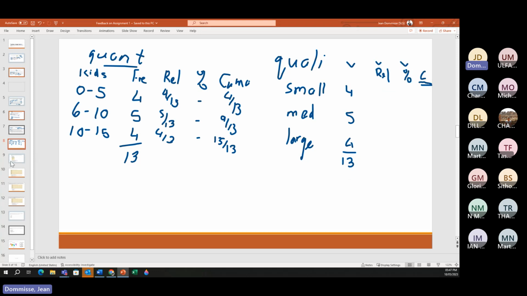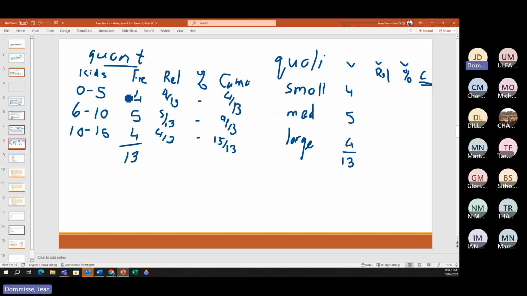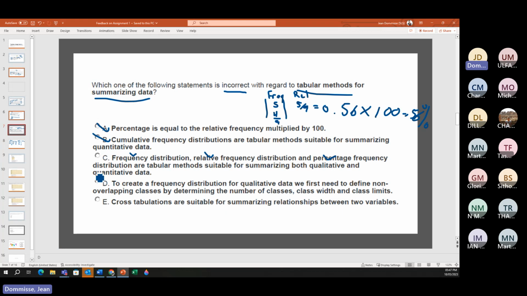that makes sense. So if we go back to that question, we've got frequency, relative, and percentage, and we had it for both, and for both, it actually makes sense. So yes, we can use it in both qualitative and quantitative data to summarize the data. Okay, to create a frequency distribution of qualitative data,